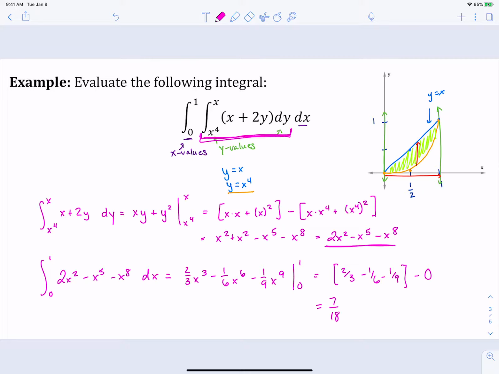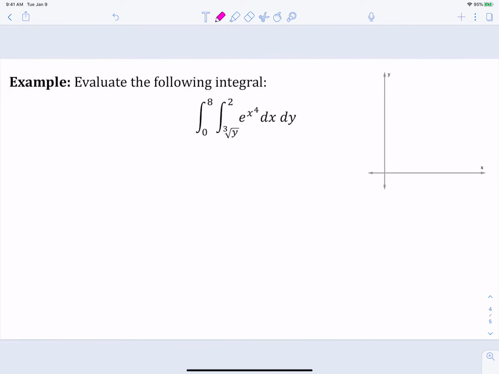So this is pretty straightforward. This is set up for us. And sometimes they'll be set up for us. Sometimes we will have to set these up ourselves. So let's take a look at another one here. Or sometimes we have it set up and it's not set up the best way. So that's why it's good to practice on all of these, drawing this region, because sometimes we need to change